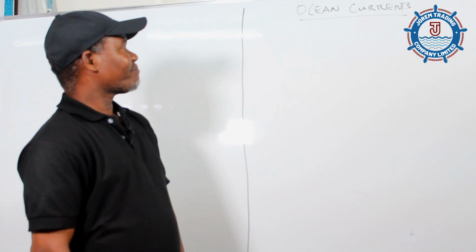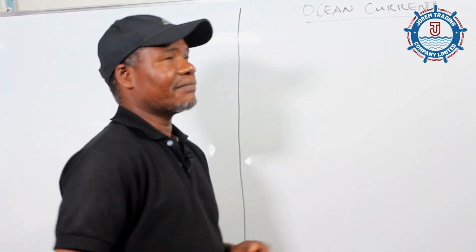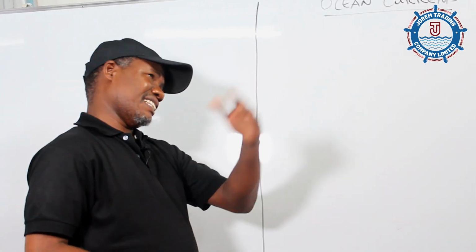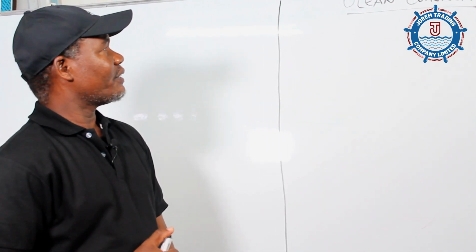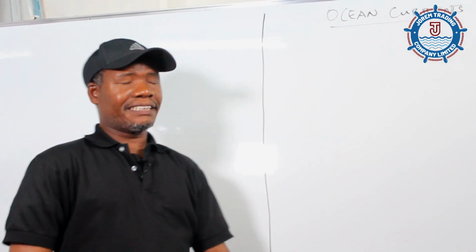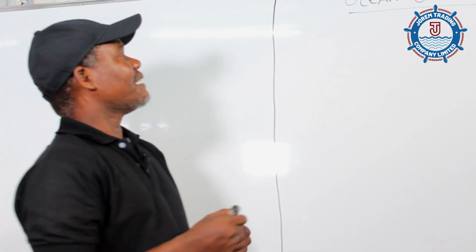Previously we had a class on ship construction and stresses. We discussed some stresses and the constructional sequence of a general cargo ship. But today we're going to discuss something slightly different, but also pertaining to the sea. It's about ocean currents. By definition, an ocean current simply means